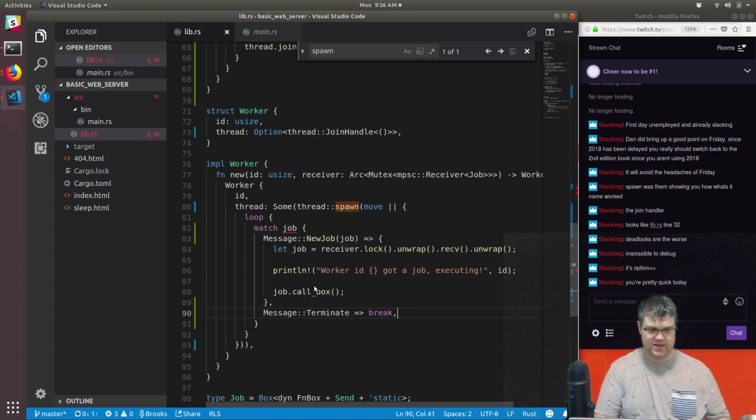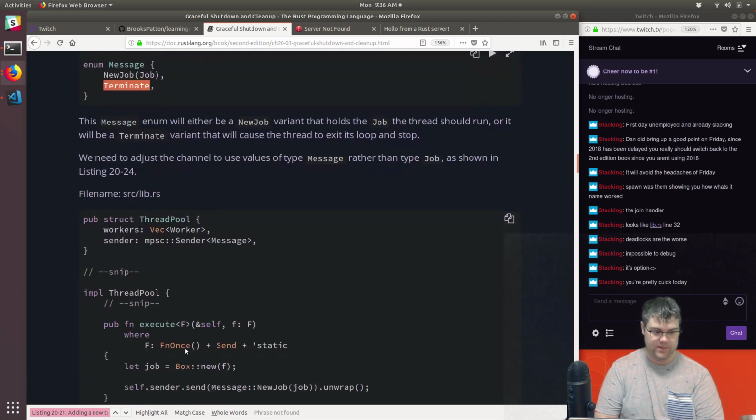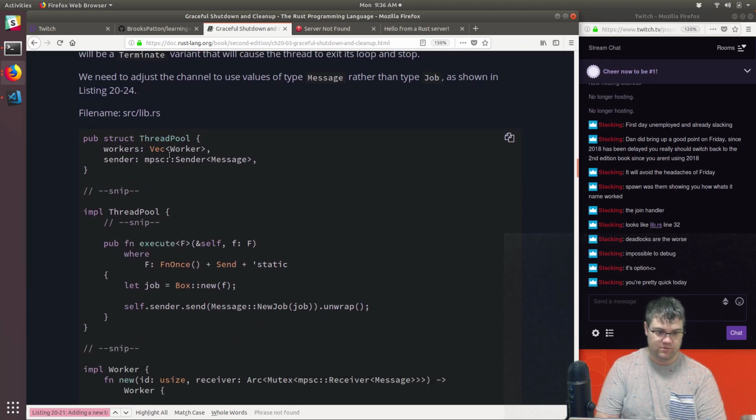All right, so let's see if that's what they did. This Message enum will either be a NewJob variant that holds the Job the thread should run, or it will be a Terminate variant that will cause the thread to exit its loop and stop. We need to adjust the channel to use values of type Message rather than type Job, as shown in Listing 20-24. So in here, in ThreadPool,